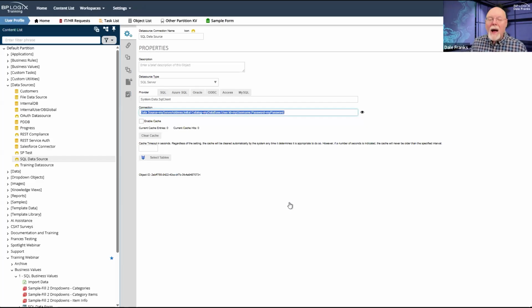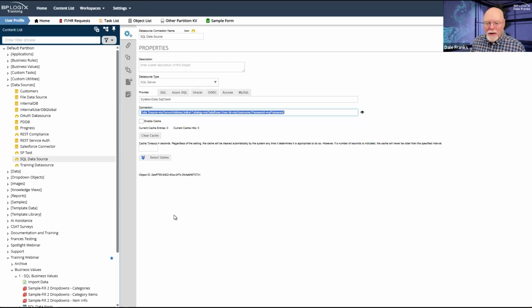Therefore, I can have the same data source name on all three servers, and based on where my form is located, dev, stage, or production, it is going to be looking at a different database in whatever environment it's in. All I have to do is point to the SQL data source that is named, imaginatively, SQL data source, and I can take forms and process timelines or the entire application, and I can export it from dev to staging to production, and it's just going to work.